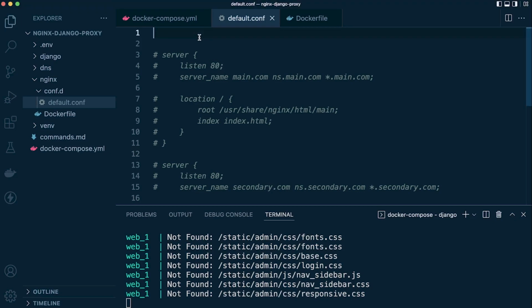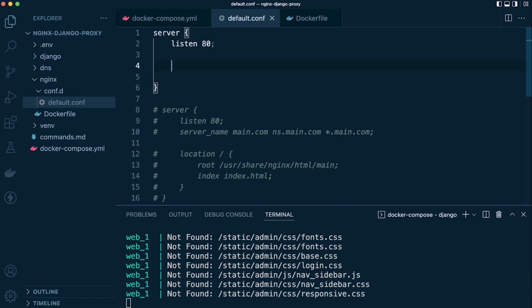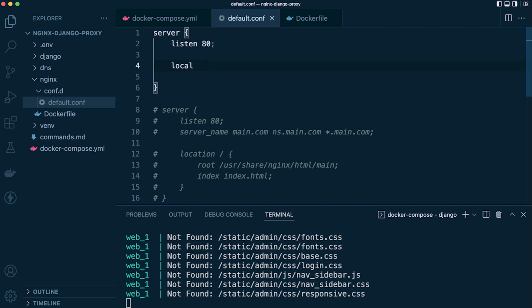So we're going to need a server block. Okay, so we are listening on port 80, remember? That's what we know so far. So we're going to listen to port 80, and then we want to do something. So we're acting as a reverse proxy or a proxy, so we want to pass data across to somewhere. So we use location,